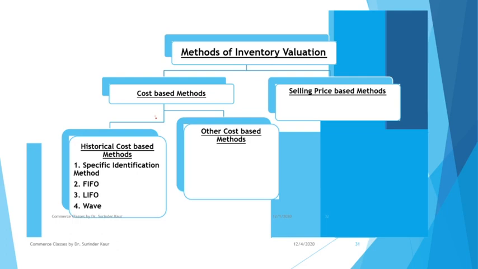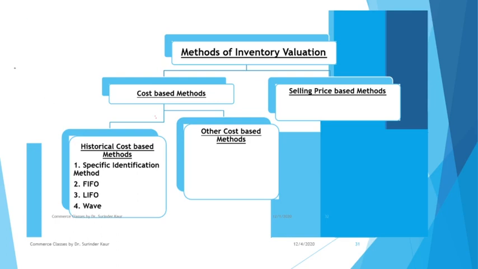Now, the last three we'll be studying in detail, but let me give you a small idea about the specific identification method. Right now, I hope you understand the relevance of the methods, because in the last video I explained that we have a flow of costs. So we have various methods to identify the cost specific to the closing stock and to the units sold. Under the specific identification method, we have to identify the lot against which we have the closing stock and the lot which is being sold.